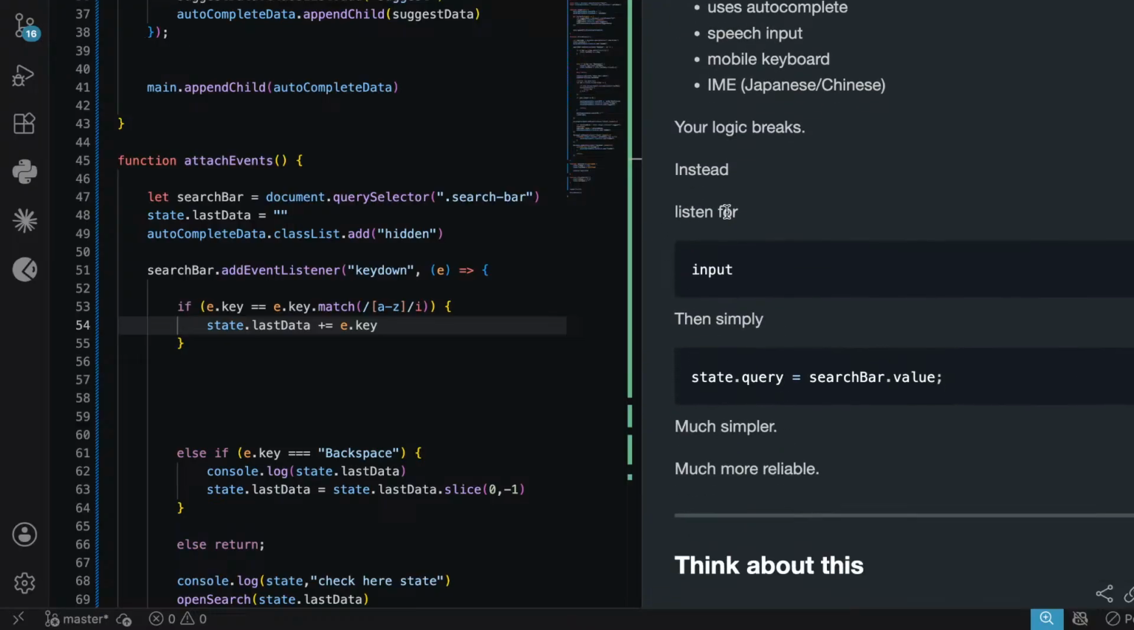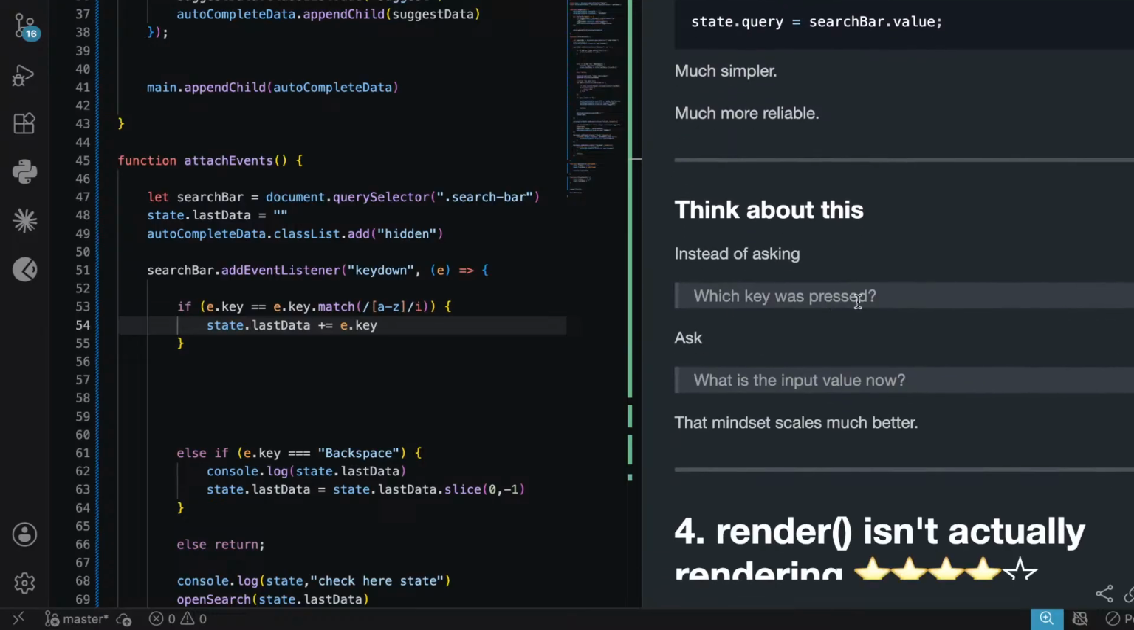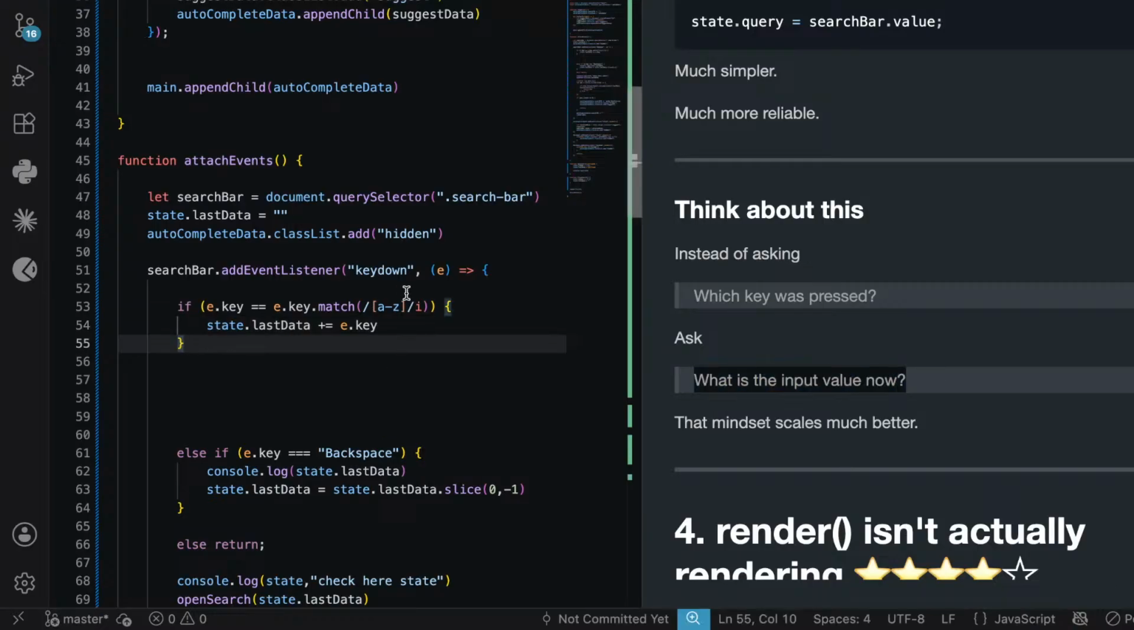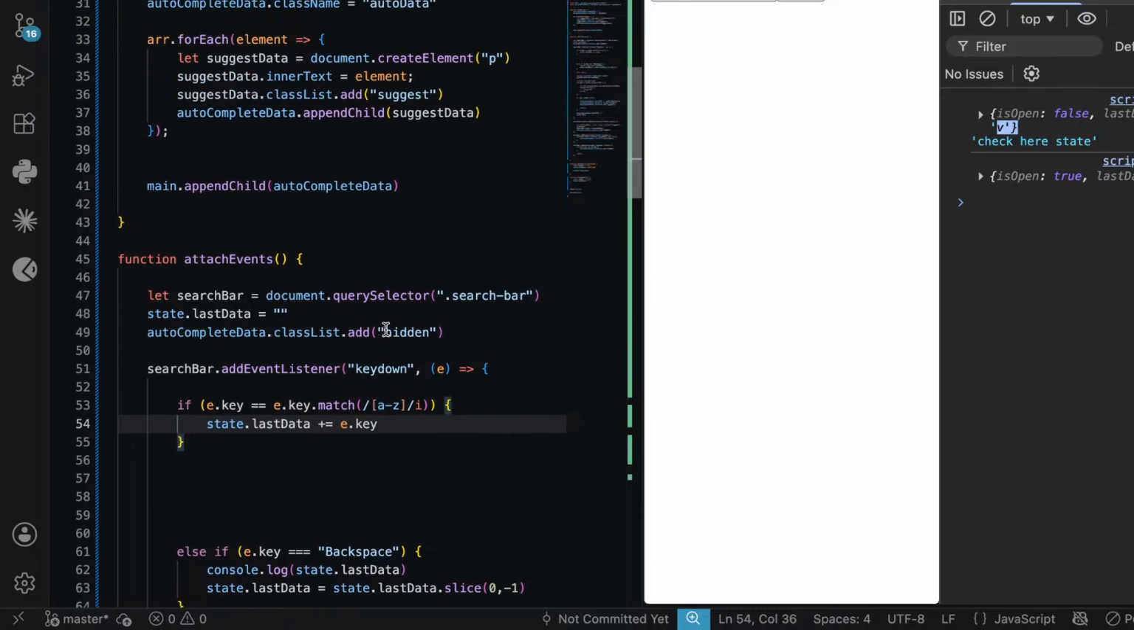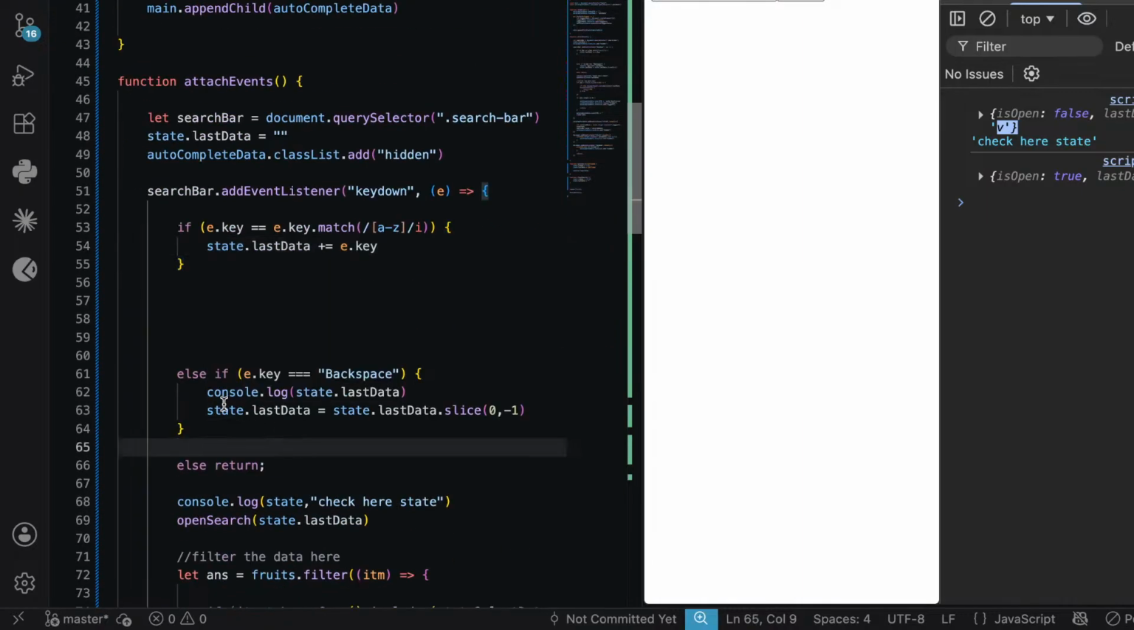So what I do is, instead of listening to the input, we are just setting state query equal to the search bar value. Instead of the key that was pressed, we have to figure out what the input value was. Let's see how we are going to fix this. If the key equals key.match, this is a regex we are going with, and state.lastData equals the key, we are just updating the key. After updating the key, we have a console.log. Instead of that,